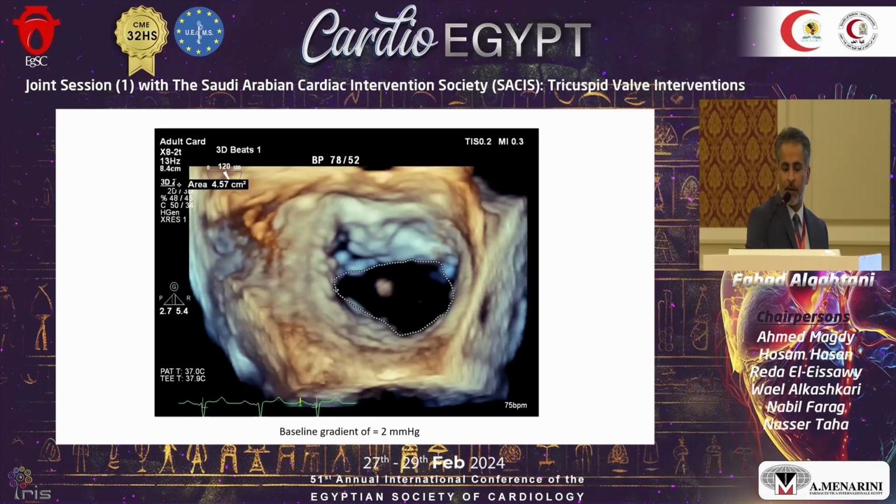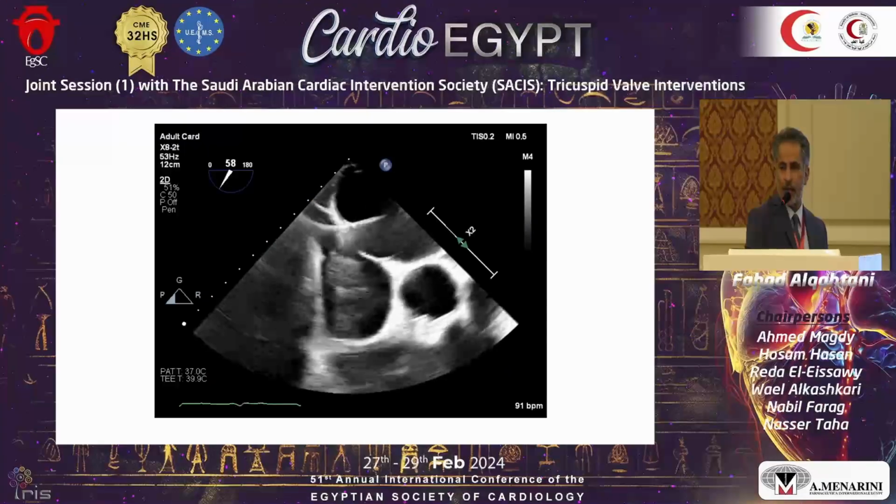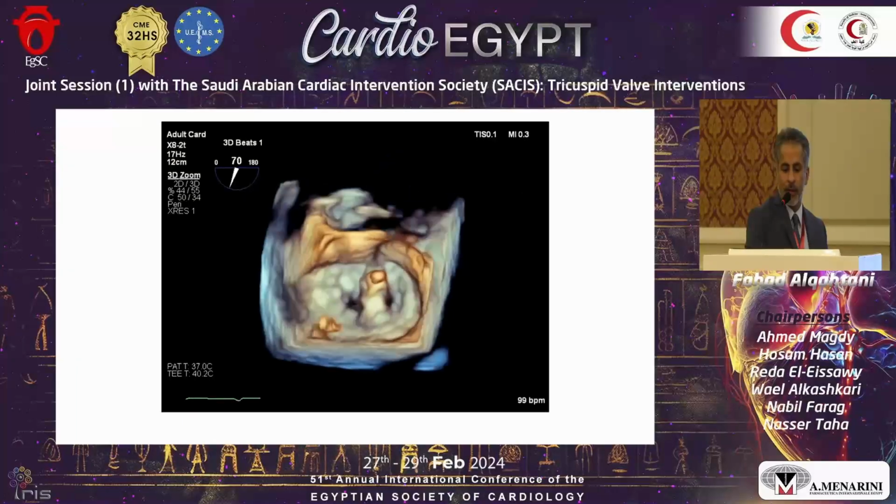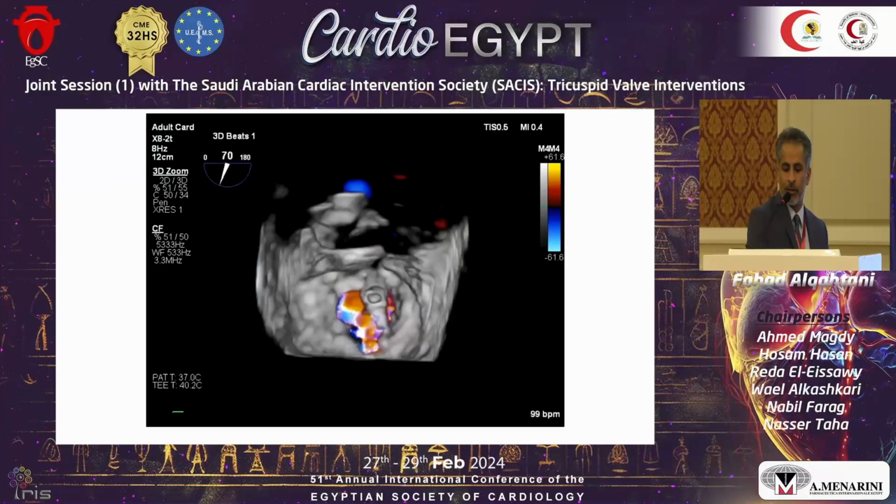Patient has very generous area. If it is more than 3.5, usually acceptable on the baseline gradient of 2. He has very good leaflet grasping. We proceeded with a transseptal puncture. We move the device into the right atrium, placed centrally, very nicely between the anterior and posterior, ready to go